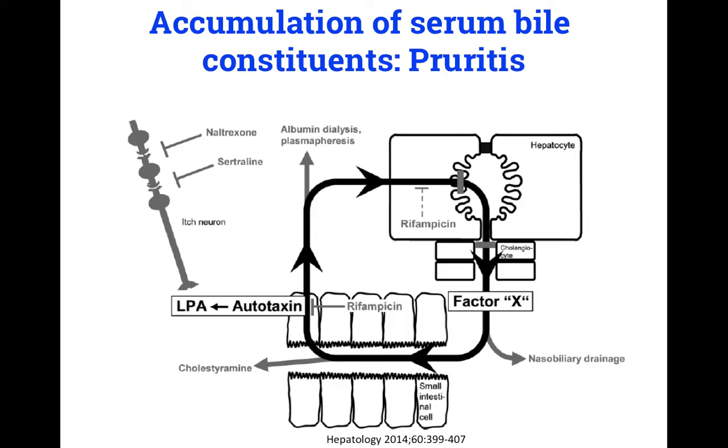We also know that it is secreted into the bile because nasobiliary drainage or cholestyramine, which we'll talk about as a bile acid binding agent, can relieve the sensation of pruritus. We also know that whatever it is, it's biotransformed or processed within the liver and/or the gut, because of clinical observations of pruritus with a potent